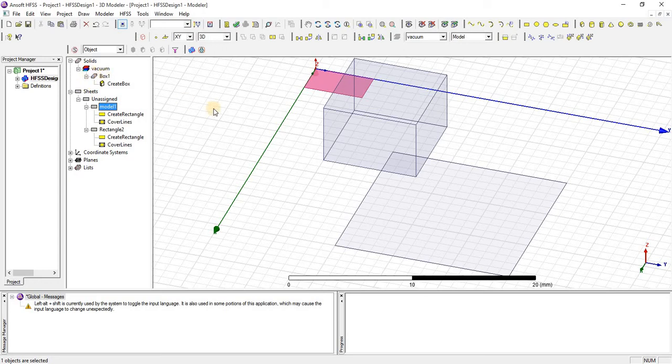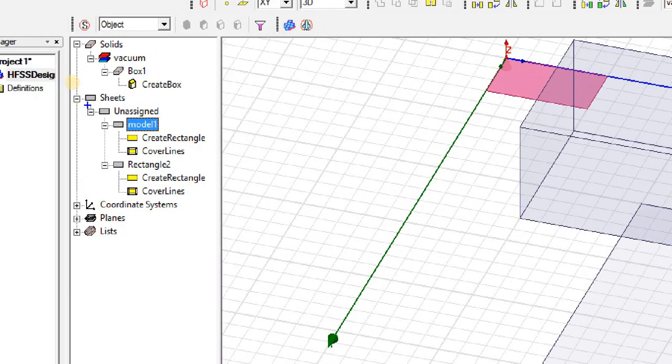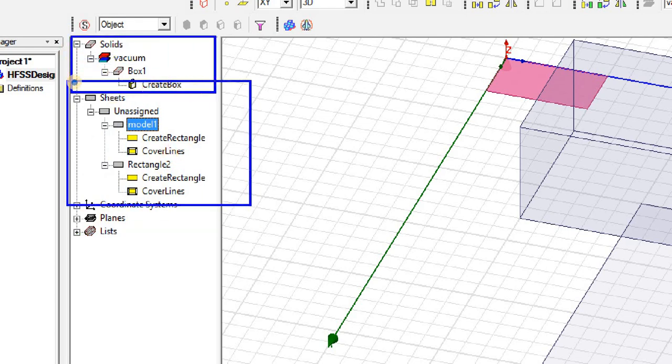Here you can see that the 2D objects are entered into a sheet, but 3D objects are in solid.